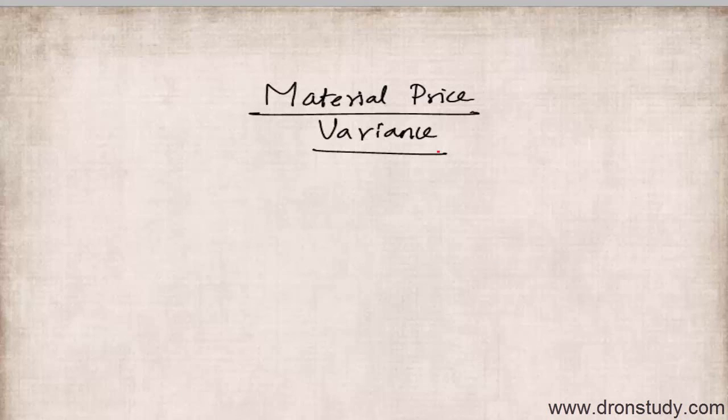In the previous session, we have understood that material cost variance can happen because of variance in material price and variance in material usage. In this session, let us understand what is this variance in material price. Through material price variance, we actually measure the variance which arises in material cost due to difference in actual material price and standard material price. That is why you are getting material price variance. It is because your actual material price is differing from standard material price.